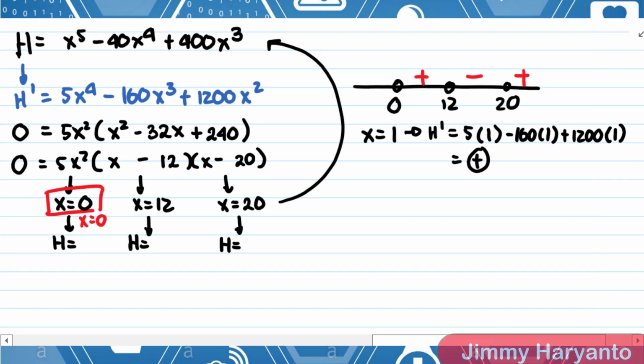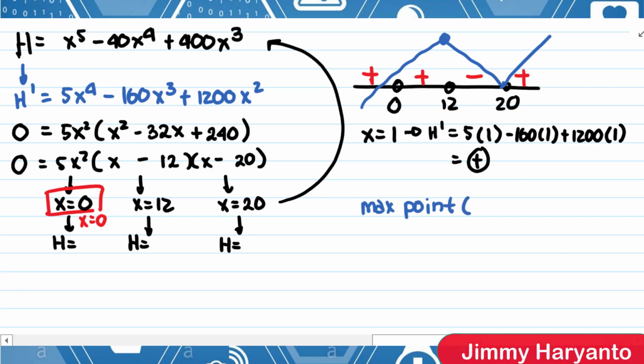Okay, so the sign will not change, it will be still positive. So if I sketch the curve, it will be increasing and then decreasing and then increasing. That means this one is the maximum. So the maximum point will be 12,